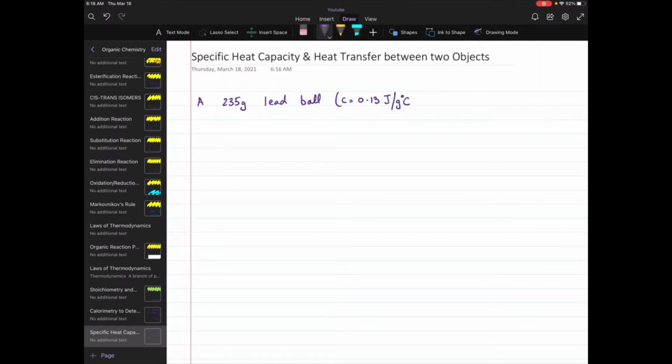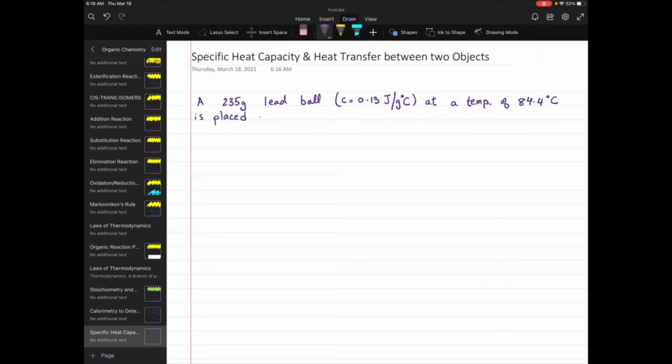That means it takes 0.13 joules of energy to change the temperature by 1 degree Celsius for 1 gram of lead. And this is at a temperature of 84.4 degrees Celsius, is placed